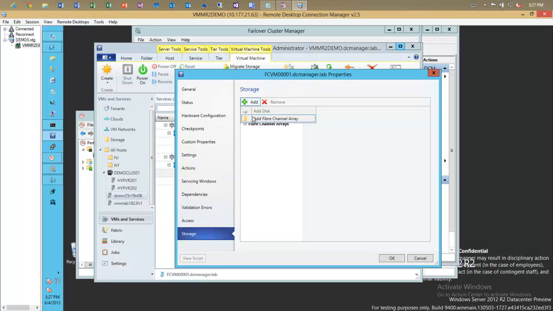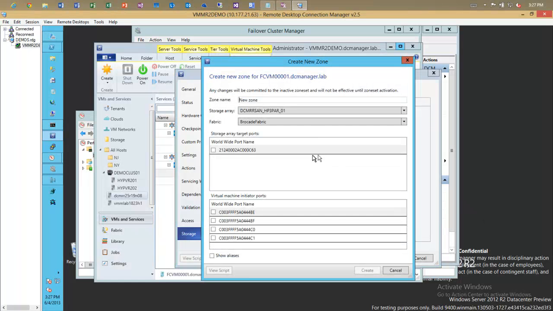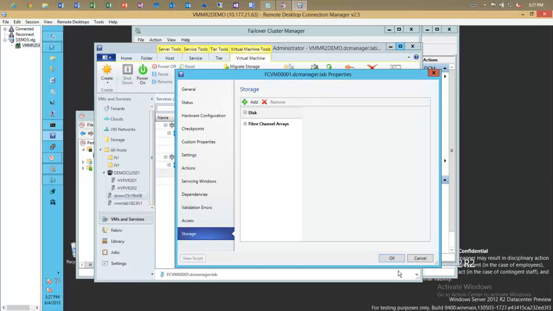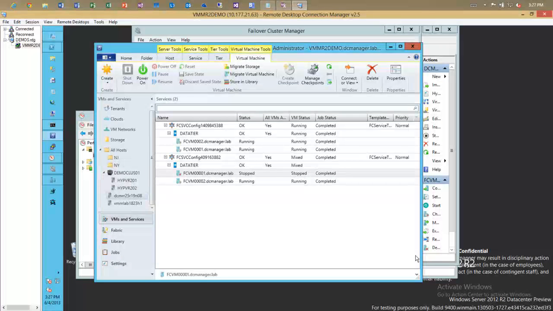Because again, we've recognized that now we're connected to the right Fibre Channel virtual SAN that's on a set of Fibre Channel ports that can actually see, without a zone, the Fibre Channel array. So when I click on that Fibre Channel array, again, the 3PAR shows up. Now in the context of the virtual machine, I can then pick my target port and then pick the worldwide port names for the virtual HBA that I want to zone. So I'm not going to walk through the zoning piece, but essentially, once I hit OK there,